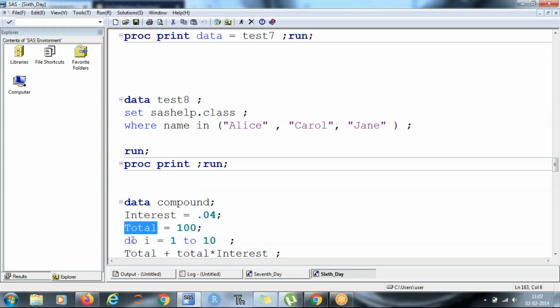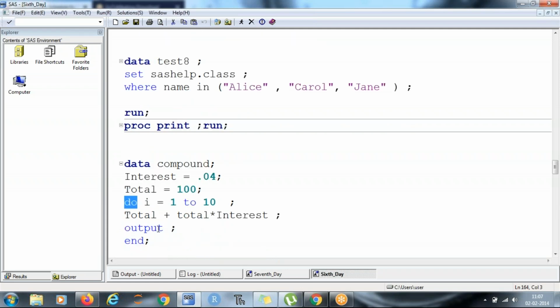Now I'm using do. Do will iterate the subsequent statements for the number of times I want to iterate. So I'm saying do i = 1 to 10, which means assign values 1 to 10 to the variable i.